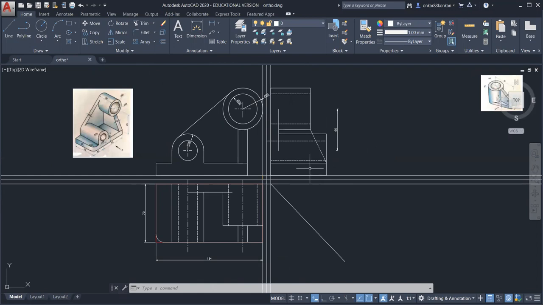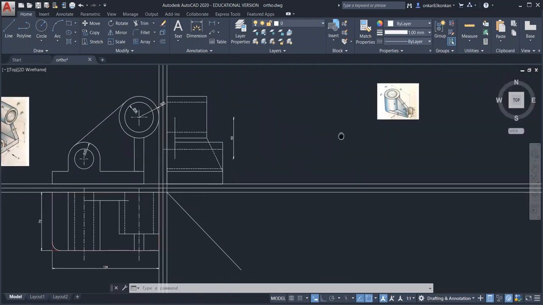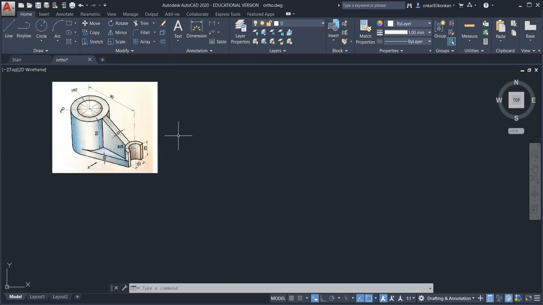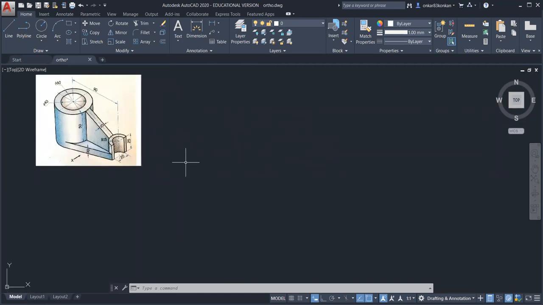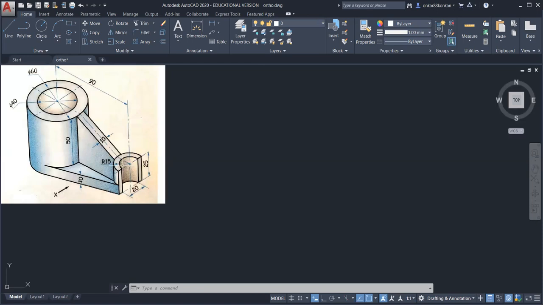Okay, so I hope you have understood this, how to draw it on the manual drafting and in the AutoCAD software. So now refer to the second problem. So you can take this screenshot. So you have to complete this in the drawing book. And also you can do the practice in the AutoCAD software.